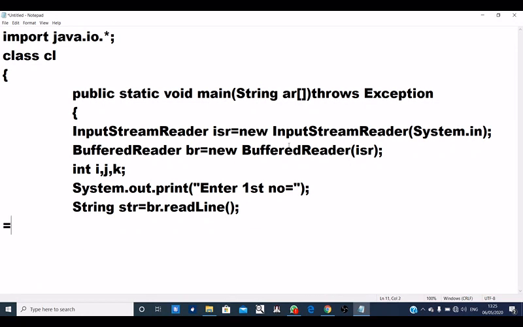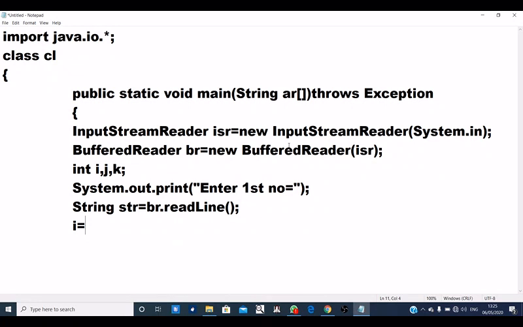For that we have one method. Let's start once again. We have to convert this numeric string into an integer and store it in an integer type variable.